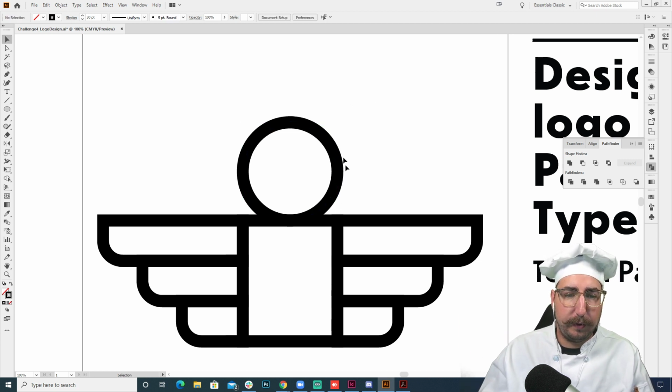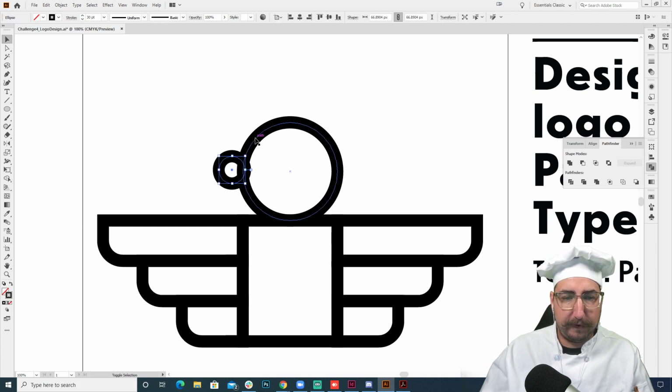I know that we will have that curve of the top of the head coming out over here. And then maybe we also want another one for the beak, right? We want a little beak. Let's go ahead and drag out another circle and know that we want that for the beak. I'm just going to align these by selecting the 2 and hitting this middle align. There we go.